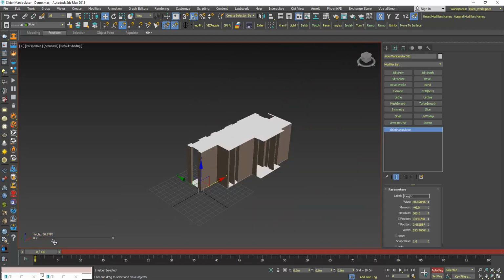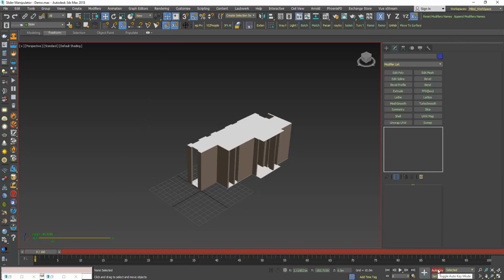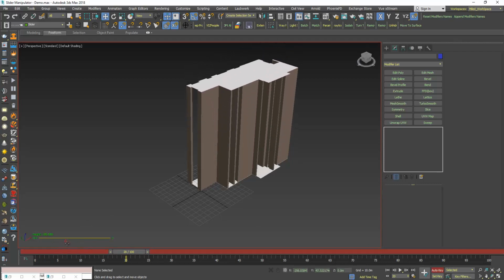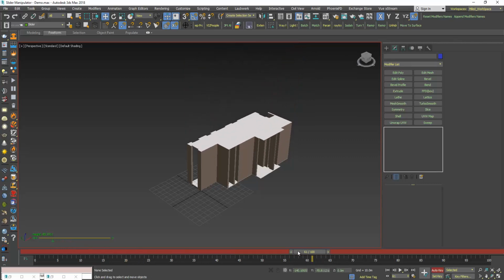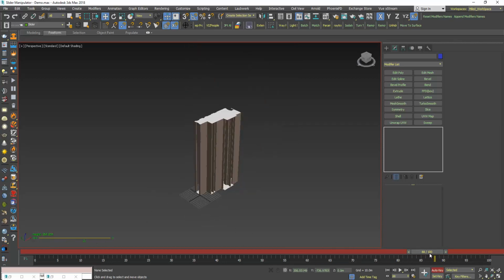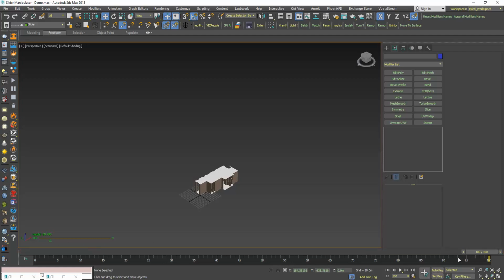This value here can be animated. So turn on the auto key, move the time slider. Now I can change the value from here, bring it down and up and down again. Now when I play the animation,